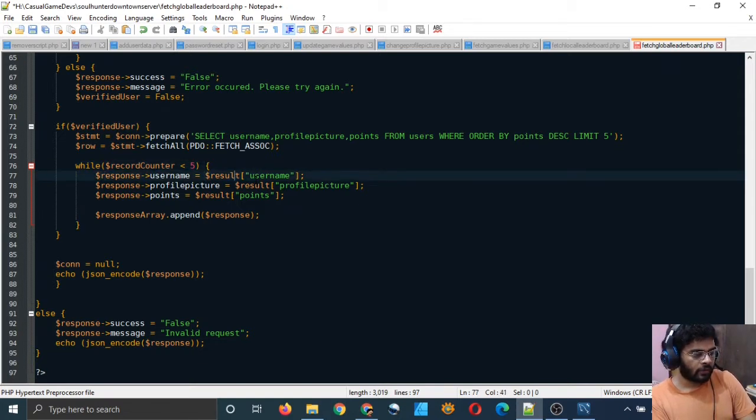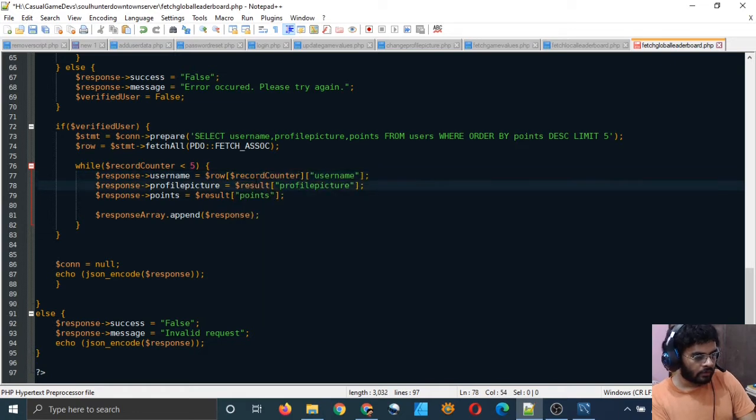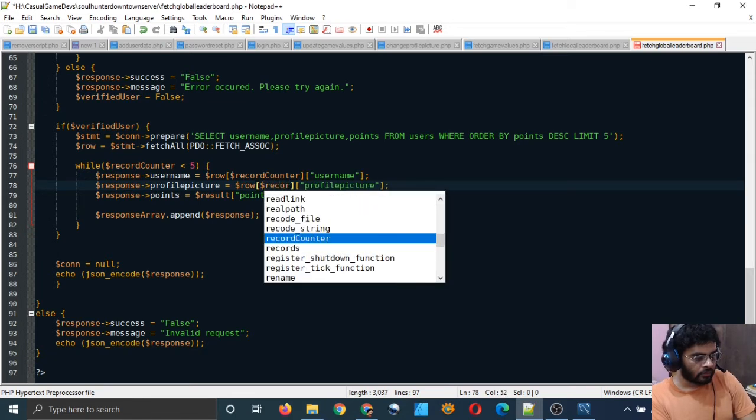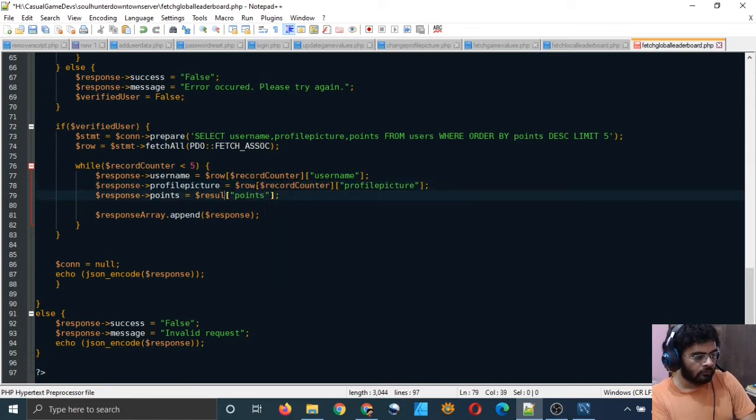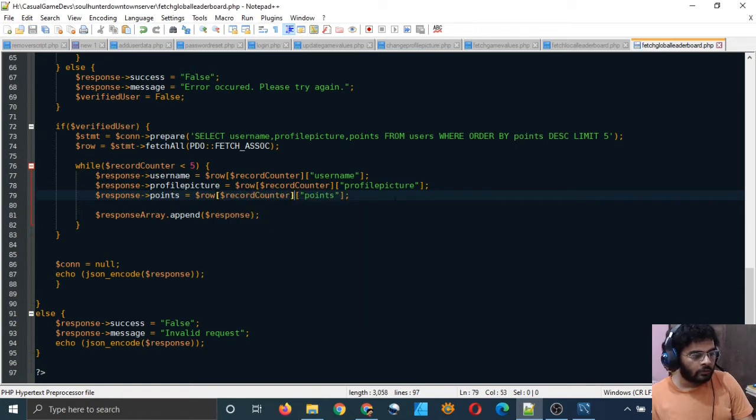I will do this, and not result, I will just simply do this: row $record counter. It's a big name, but we do that just so that we can understand what's happening. Record counter by default is 0, and while it is less than 5, it should be either 0, 1, 2, 3 or 4.